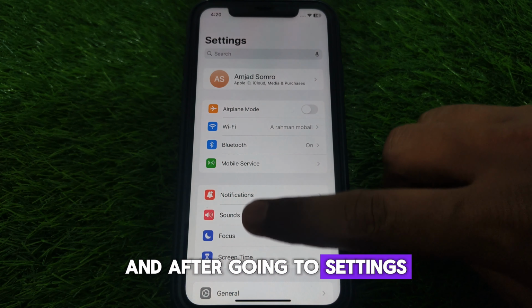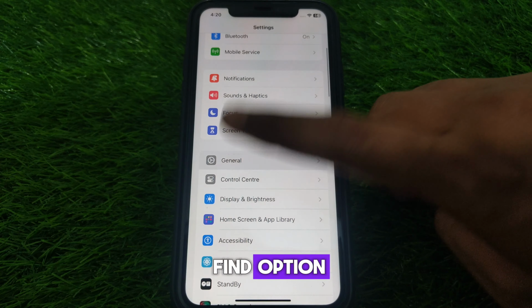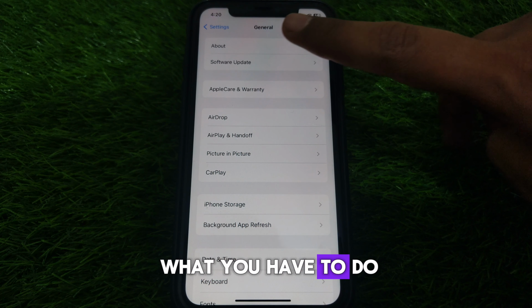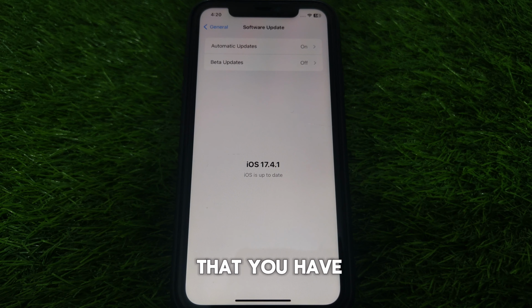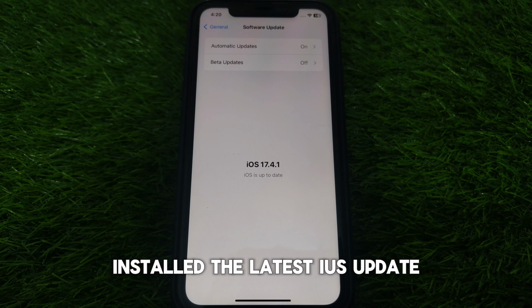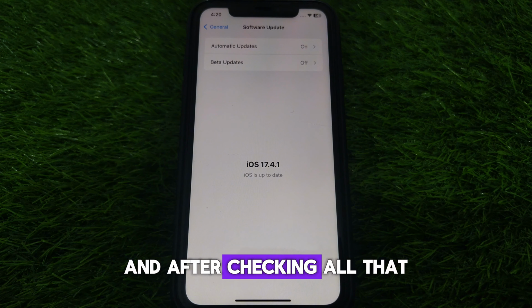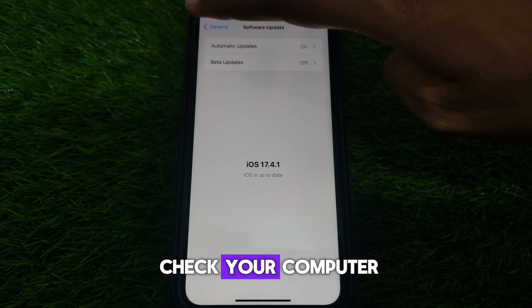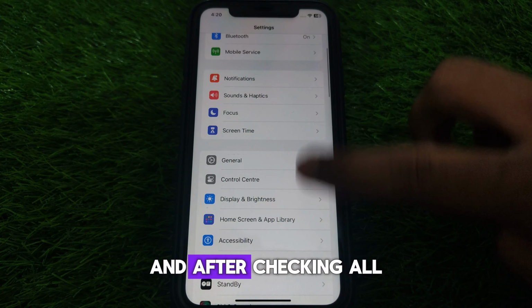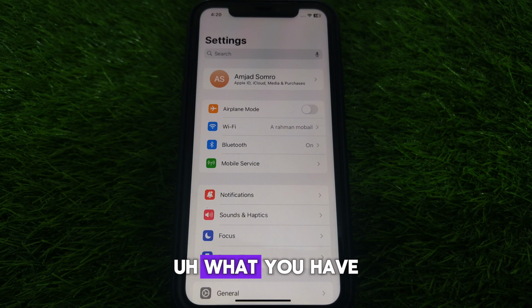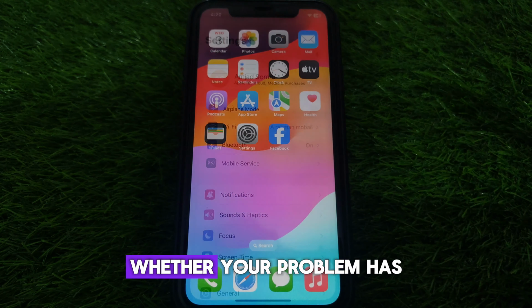and after going to Settings, scroll down until you find the option of General. Here, simply click on Software Update, and after that make sure that you have installed the latest iOS update. And after checking all that, you have to also check whether your computer has the latest software or not. And after checking all the details, check whether your problem has